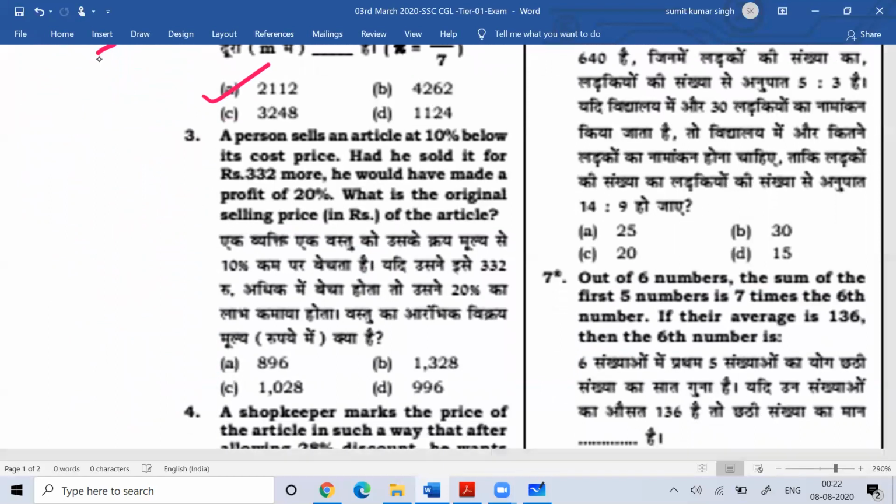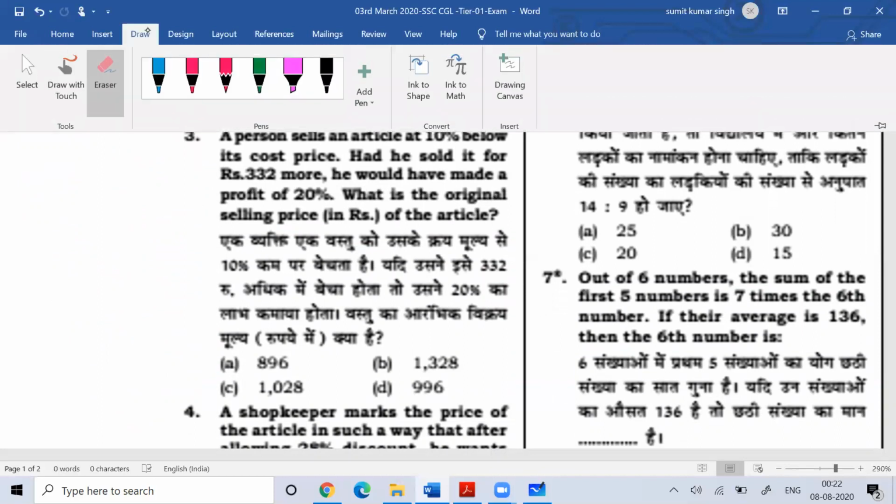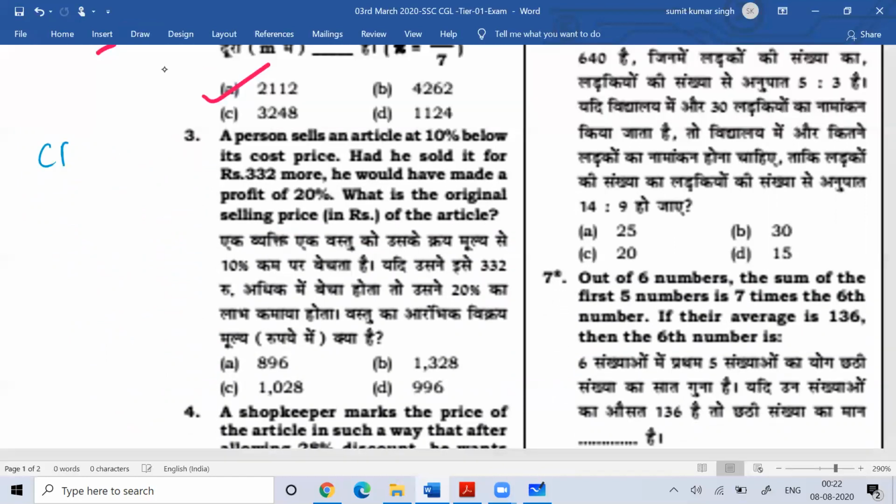Now if you see question number third, a person sells an article at 10% below its cost price. So let the cost price be A. So the selling price is 0.9A. So a person sells his article 10% below the cost price, then the selling price will be 0.9A. Had it been sold for 332 rupees more,